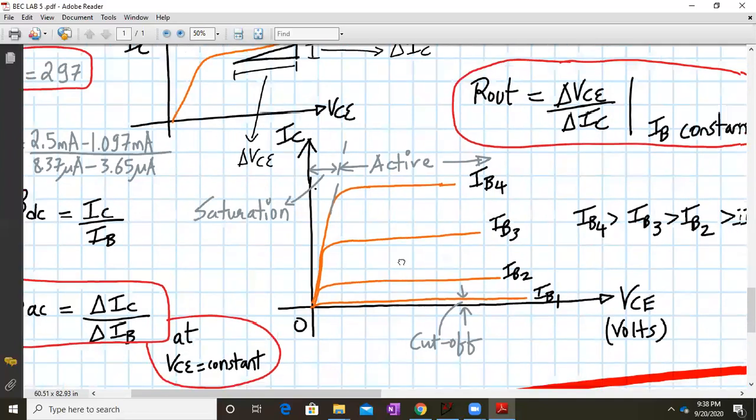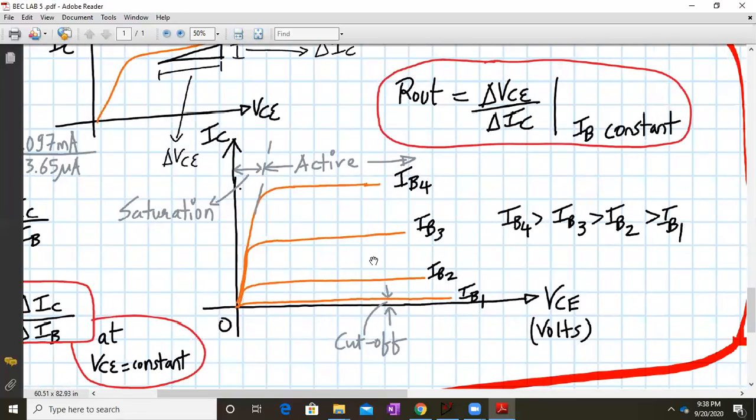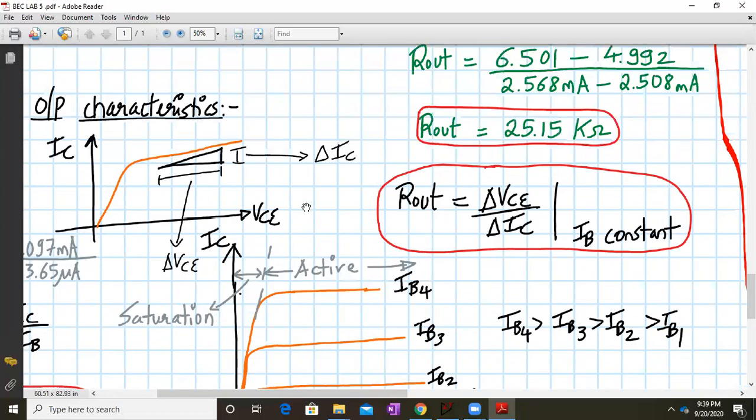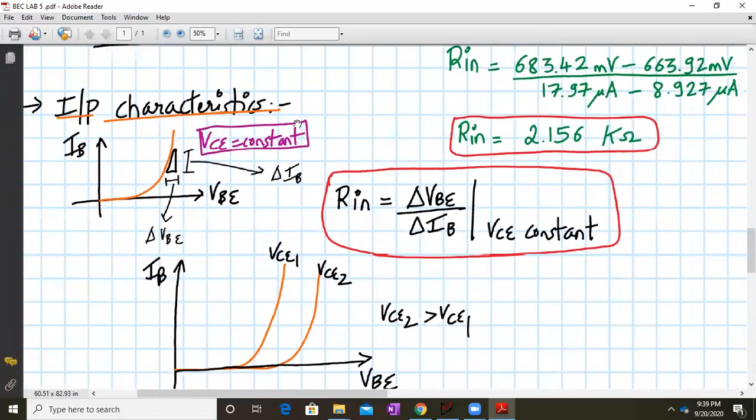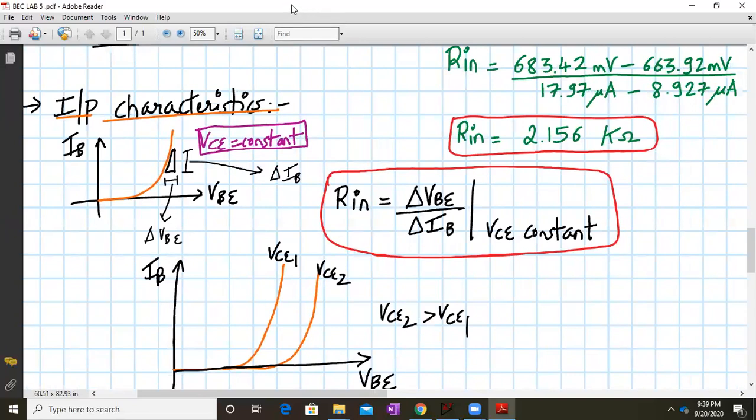This also we will evaluate, and from the output characteristics, we can come to know whether the transistor is operating in the cutoff, saturation, or active region. Here, this is my saturation region of the transistor. This is my active region, where most of my current is constant, and this is my cutoff, basically very close to the x-axis. So what we will do now is simulate this in LT Spice quickly and determine how to calculate this Rin.